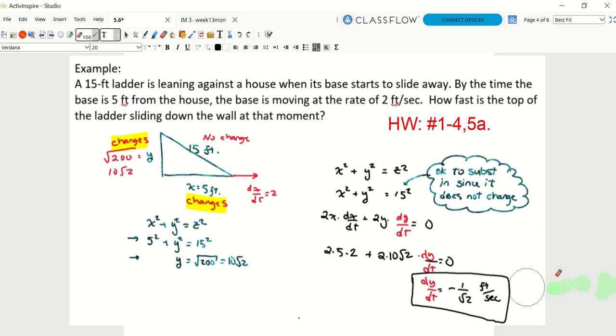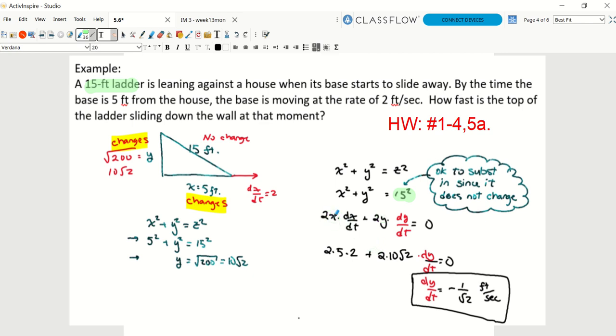Okay? Now, some people may say, well, Mr. Chen, how come we only plugged in the 15 here? How can we plug in the 15 over here? And how come we didn't plug in the x and the y over here? Well,